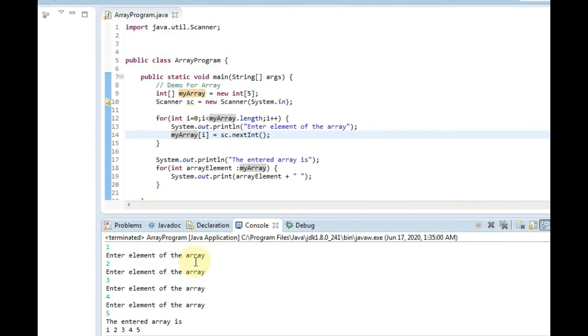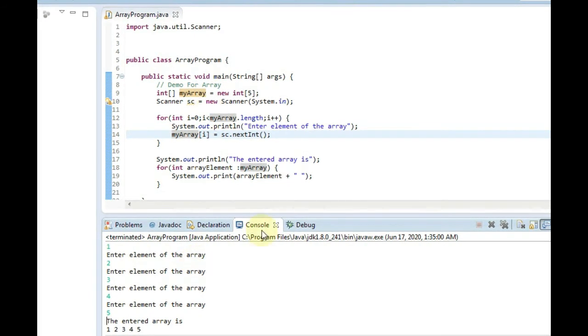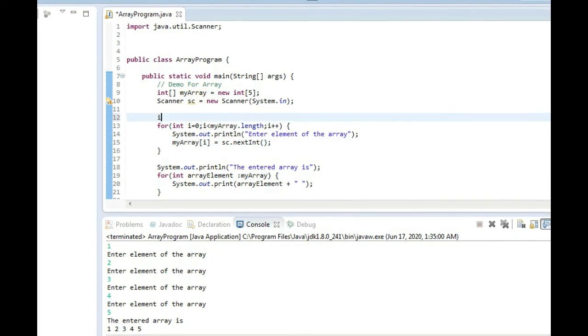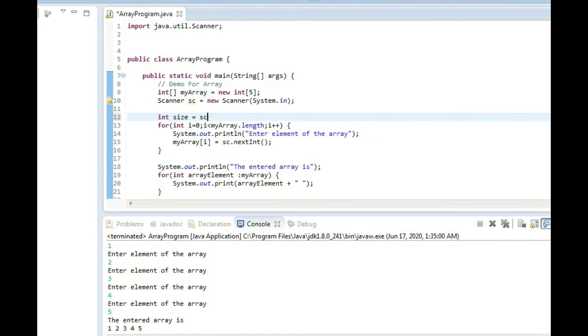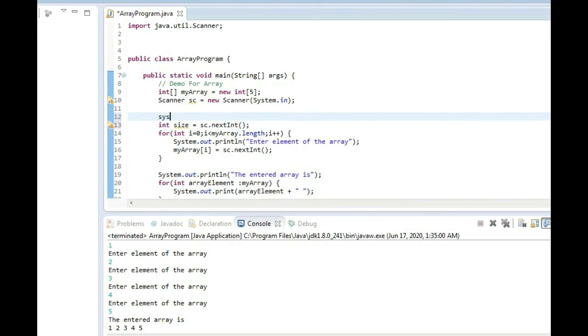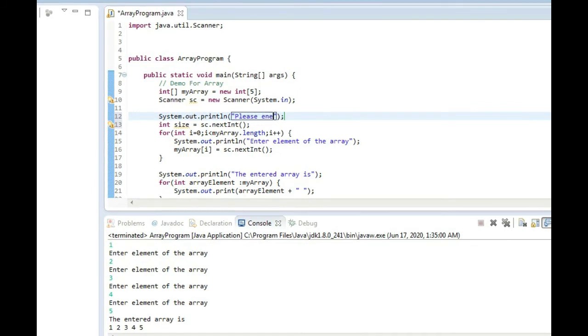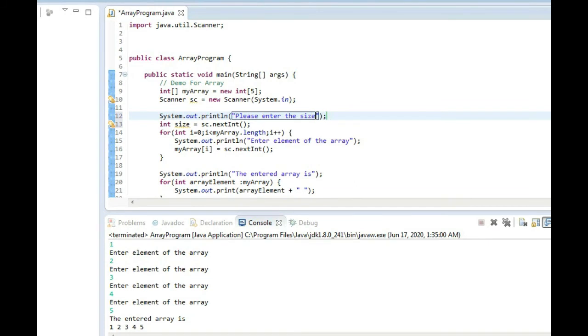Now here the size 5 we have given is static. What if you want to make that dynamic too? What you can do is take a variable int size equal to sc.nextInt, and before this we'll print: please enter the size of an array.